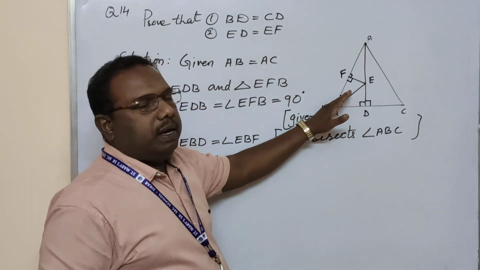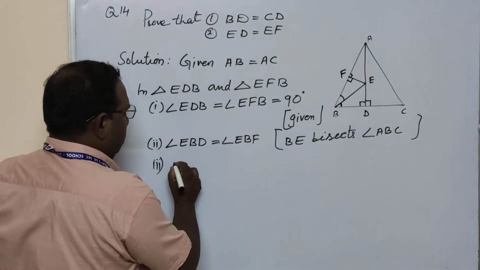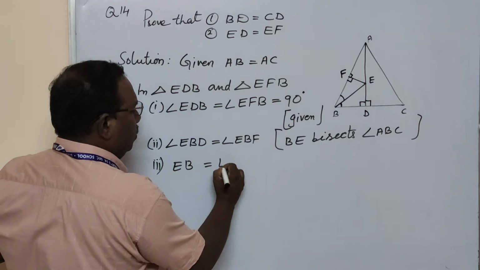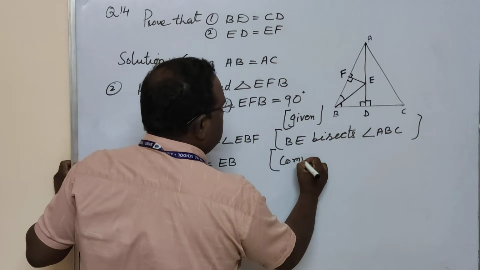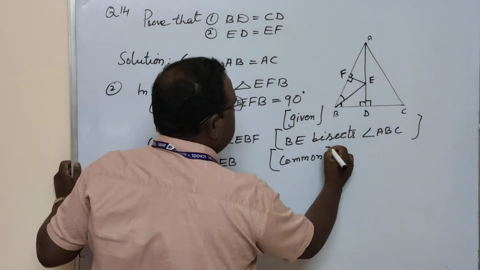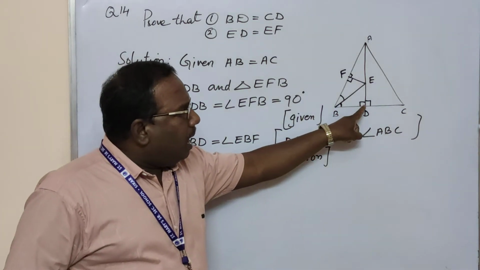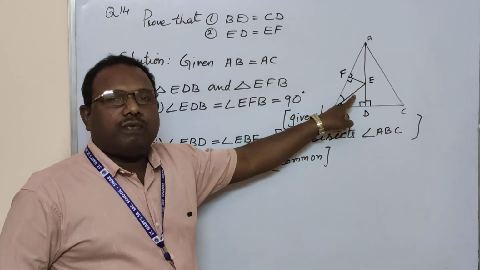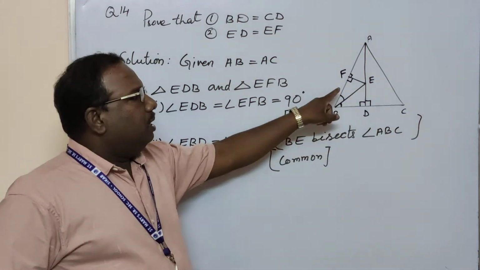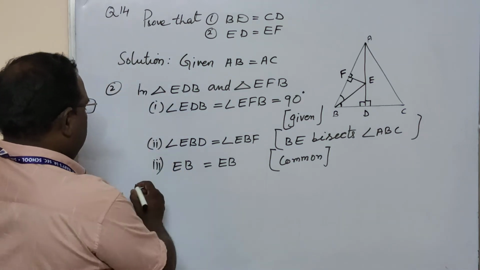EB is common. EB is equal to EB. It's a common side of both triangles. So by the angle-side criterion of congruency, both the triangles are congruent. So let's write, therefore,